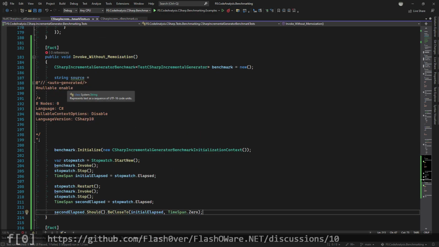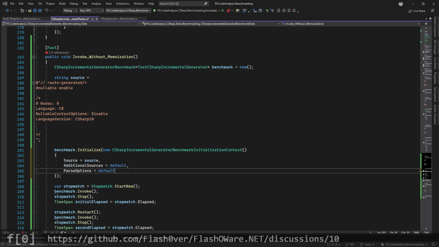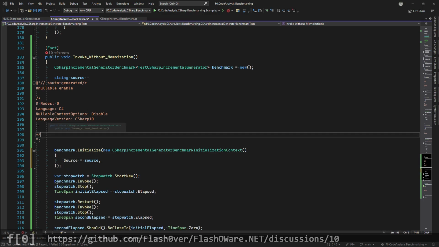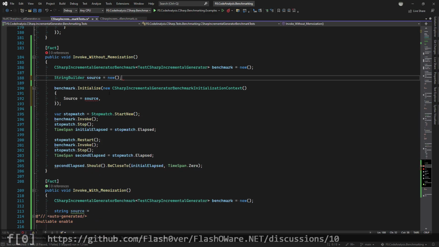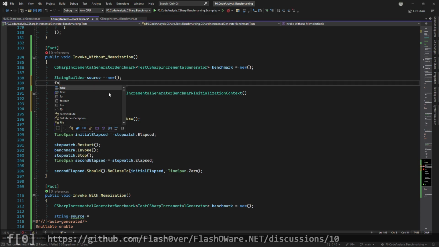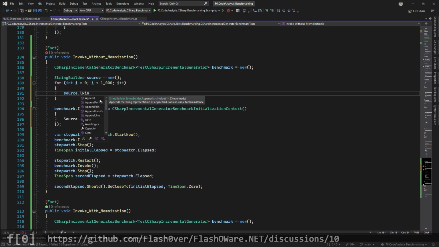let's maybe actually add a bit of source code. Let's create an object initializer. Let's add some source. Let's create a new string builder. Let's give the generator something to do. And we do a for loop of 1,000 elements, and we append line